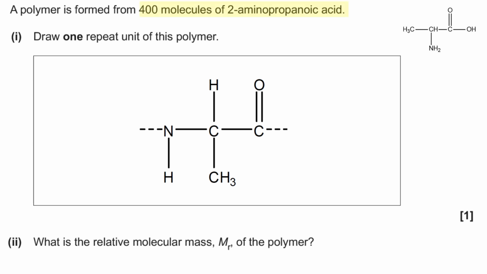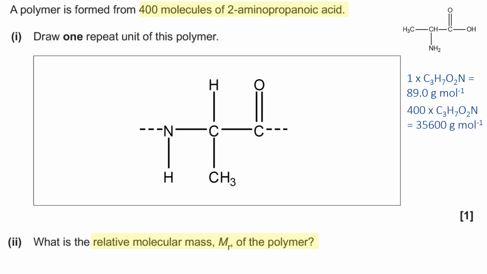So 400 molecules of 2-aminopropanoic acid means looking at that molecule again and then calculating the MR of that section of polymer. So one of these is going to be 89.0 grams per mole. Multiply that by 400, obviously that gives you 35,600. This is partially right, but we need to actually take it all the way because we need to think about